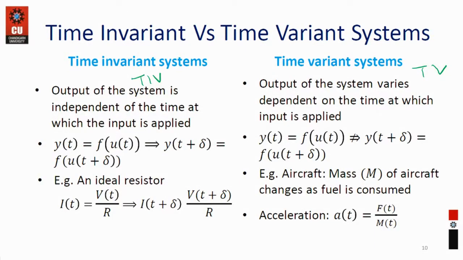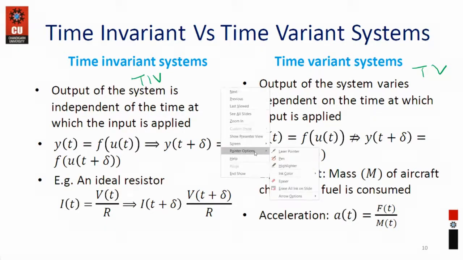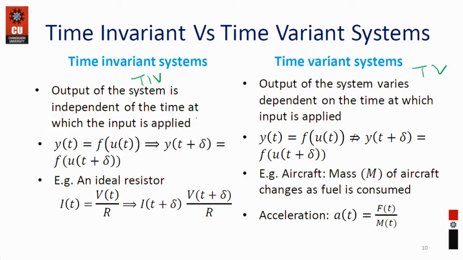So how to check for linearity? We have seen. How to check for invariance, that it is invariance of time? I hope, if you recall, there is a very good example of it: just give a delay to the input, and if the output is not depending upon this delay, you are getting the same output irrespective of the time, then it is a time invariant system.